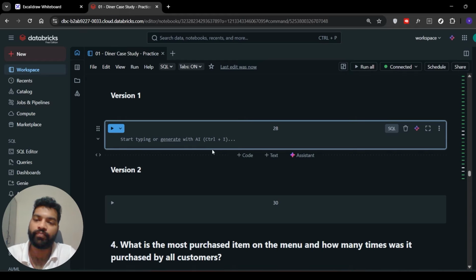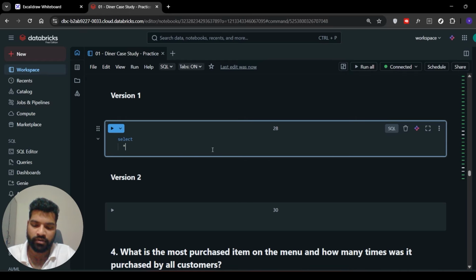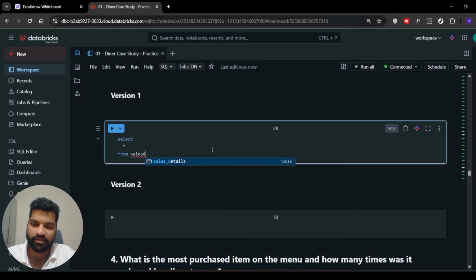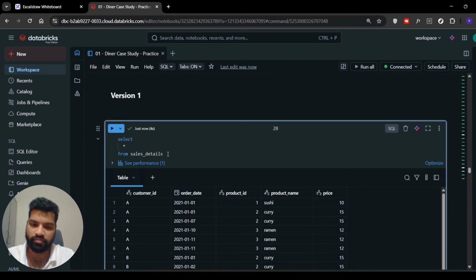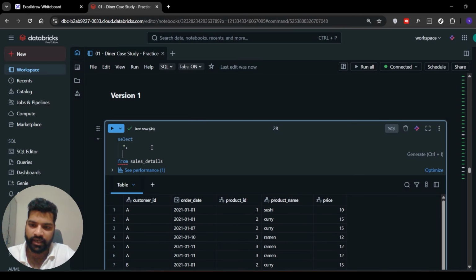Now let's write the code. Select star from sales details. Control enter. Okay, now we got the output. Now as we said, we need customer ID information and the first product name. So for that, we can simply do dense rank